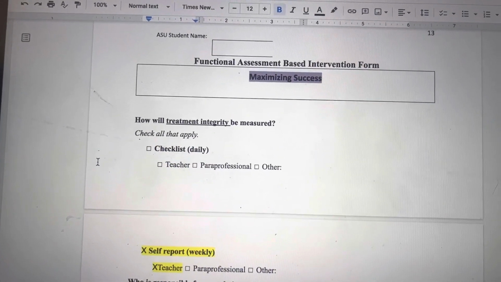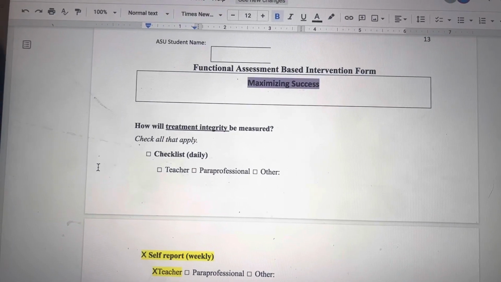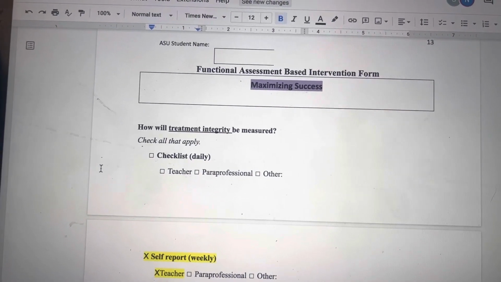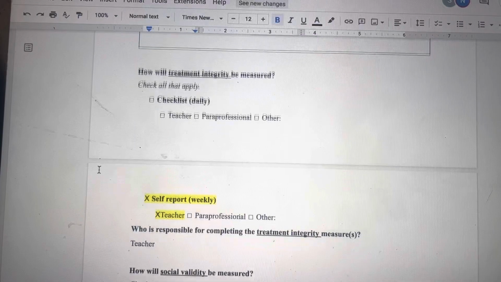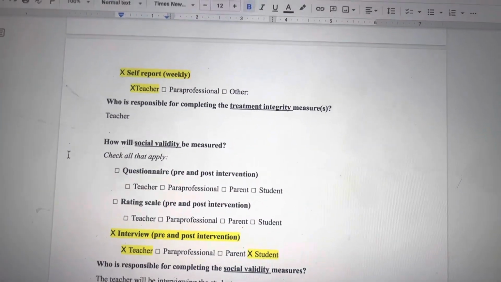Maximizing success. How will treatment integrity be measured? It'll be measured by a self-report weekly by the teacher. The teacher is responsible for the treatment integrity measure. Social validity will be measured